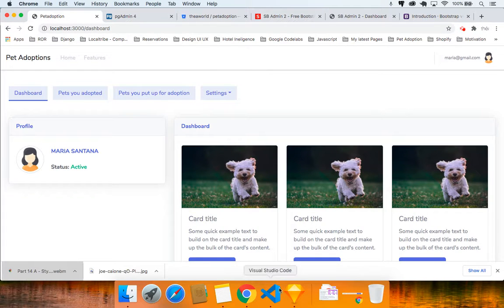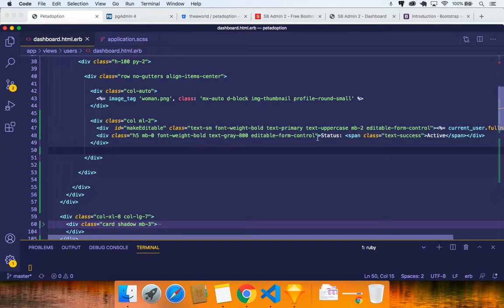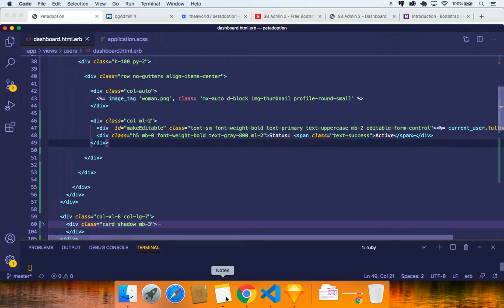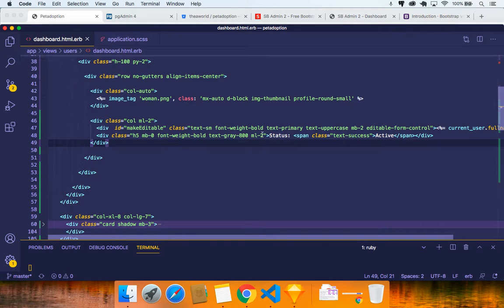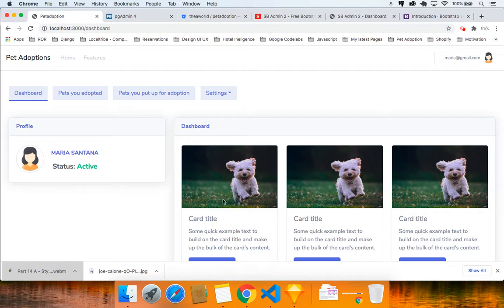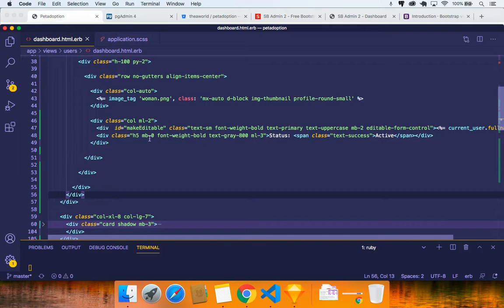And then Maria Santana, I think instead of putting form control here, we can just say ML-2 just to see, instead of putting form control there, ML-3. Save it here, and then there, and instead of large, they put font weight, remove the font weight thing. And then we'll put text gray. No. Text small,